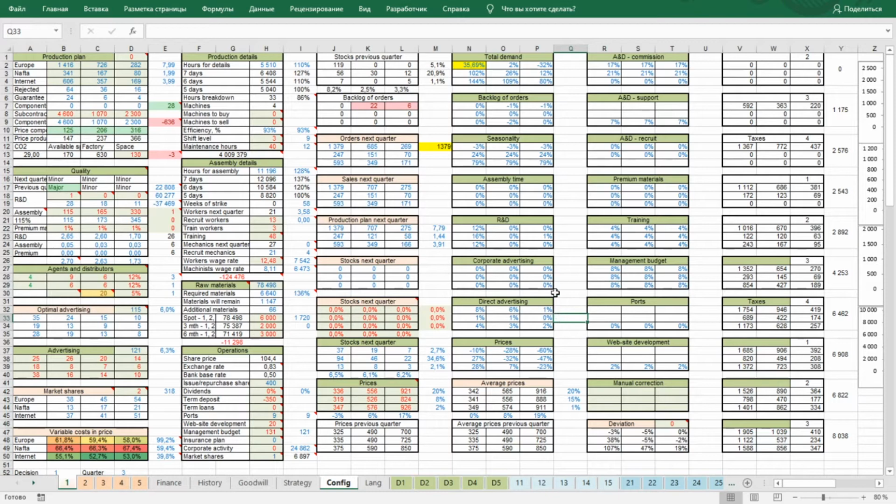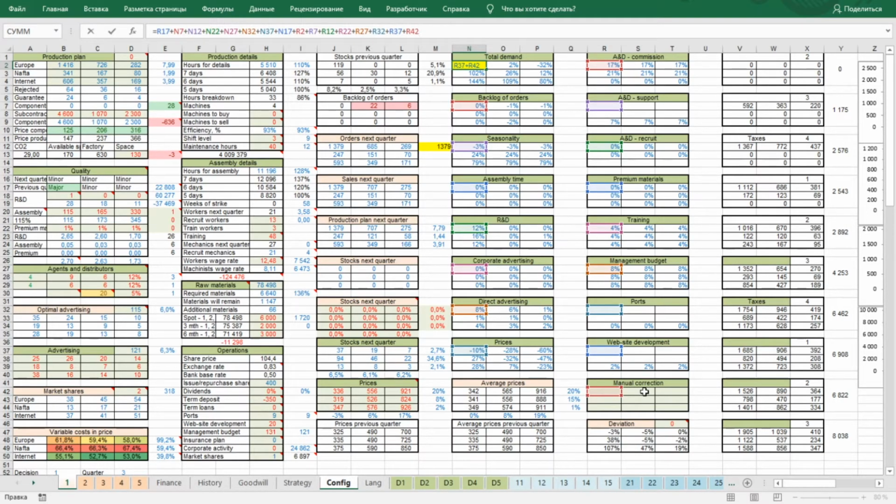In addition to the model's demand forecast, you can also specify a manual correction in the manual correction table. This value will be added to the value in the total demand table.